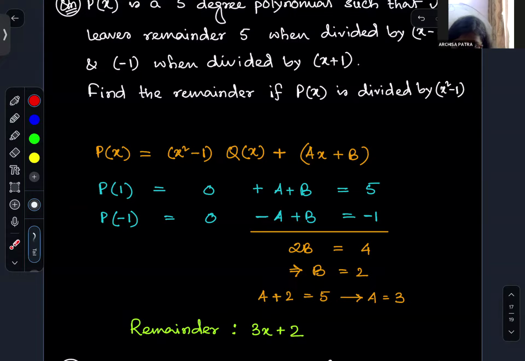ওকে স্যার, আন্ডারস্টুড। p of 1, ভেরি গুড। আর একটা ইনফরমেশন আছে, সেখান থেকে দেখো। ইয়েস স্যার, এখানে when divided by, আর যদি x প্লাস 1 দিয়ে ডিভাইড করি তাহলে রিমাইন্ডার ইজ মাইনাস 1, মিন্স p অফ, যদি এই -1টা নাও দেওয়া থাকতো, স্টিল উই কুড হ্যাভ রিটেন দ্যাট অ্যাজ p of -1। ইয়েস স্যার। তাহলে আমরা বলতে পারি p of 1 এর ভ্যালু গিভেন অ্যাজ 5 আর p of -1 এর ভ্যালু গিভেন অ্যাজ -1।